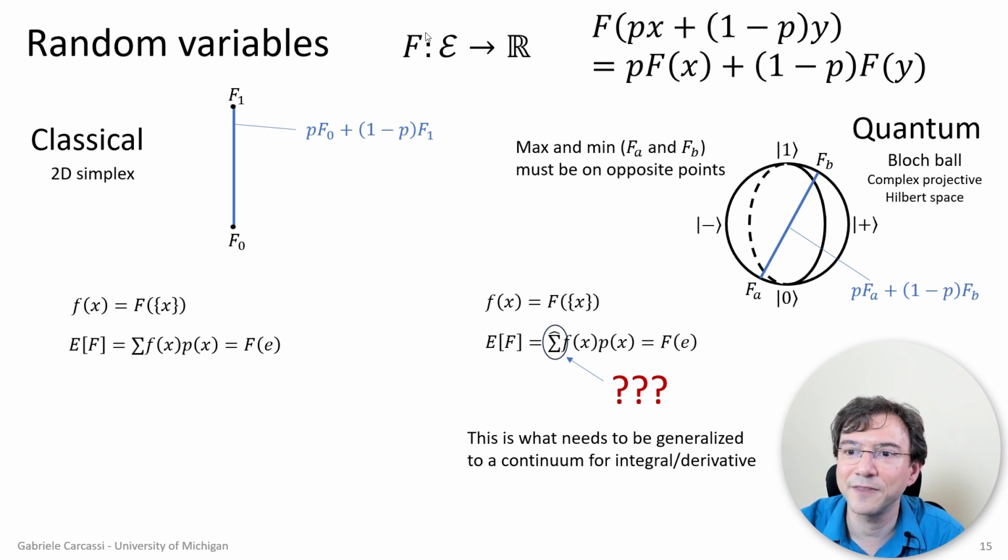And the idea is that then any random variable is just a function of an ensemble that gives us a real number. That is linear, meaning that if I have a convex combination of ensembles, then I'm just taking the average of the values. And this is because every random variable corresponds to an expectation, and this operator here is really the expectation of the random variable.